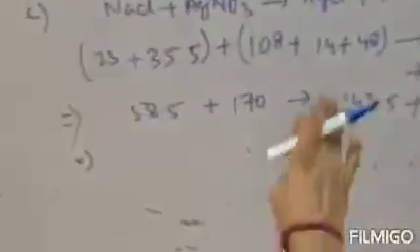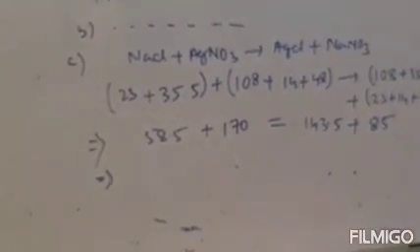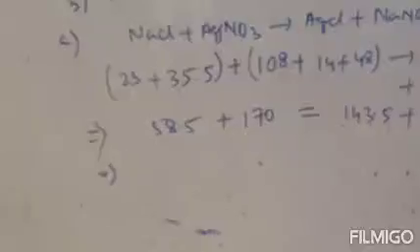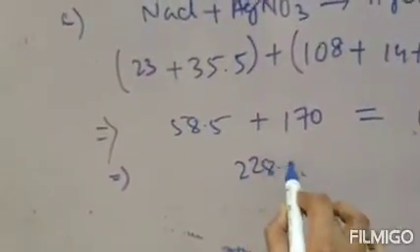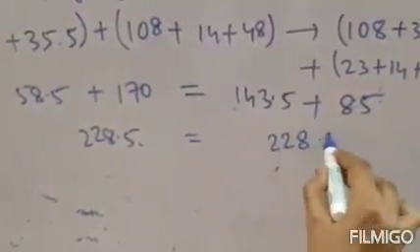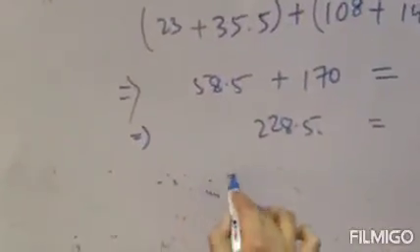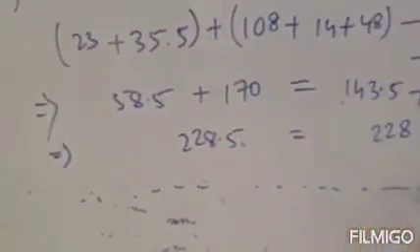This will just put equal sign over here. Clear? Now 58.5 plus 170, 175, 220, 228.5, this is 228.5 equals to, this will be your 143.5, 3s are 8, 8 4s are 12, carry 1 does 2, 228.5. Now see, both the weight of both reactants and products are equal. Clear? So the weight of the reactants and products are same. You have to write here, that is the weight of the reactants and the weight of the products are same.